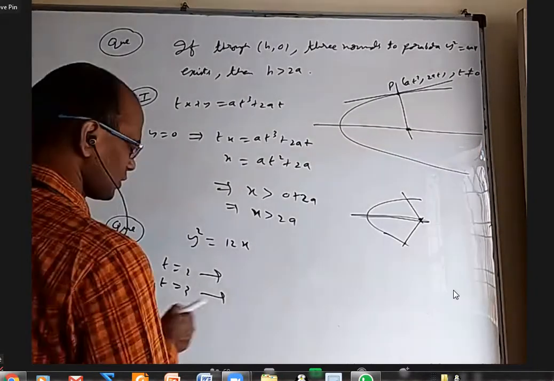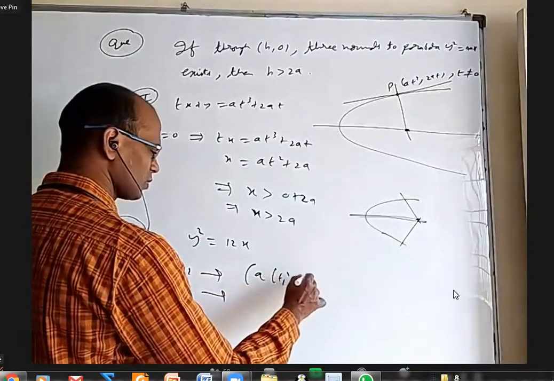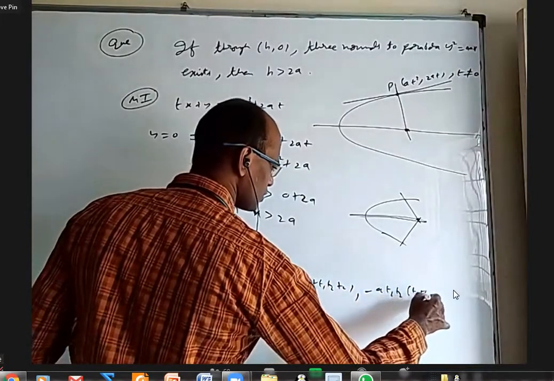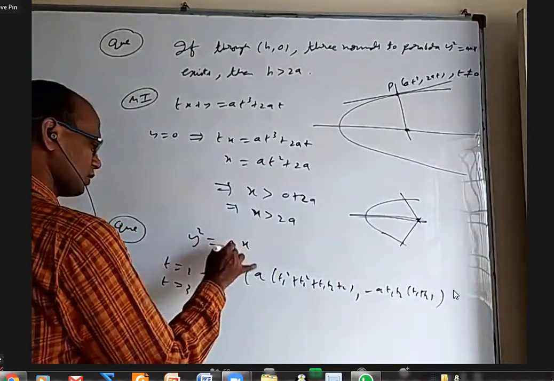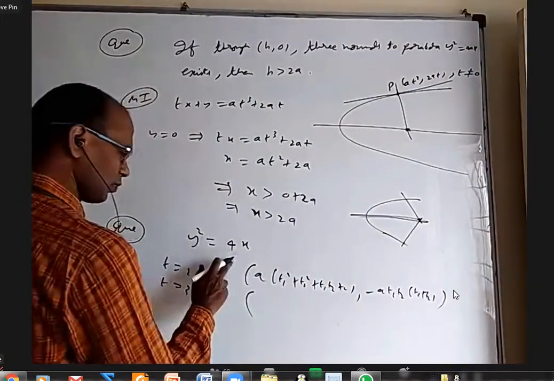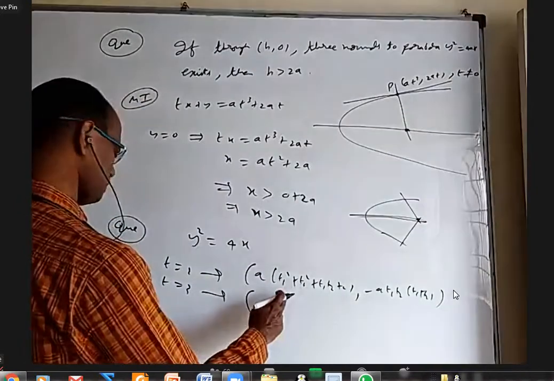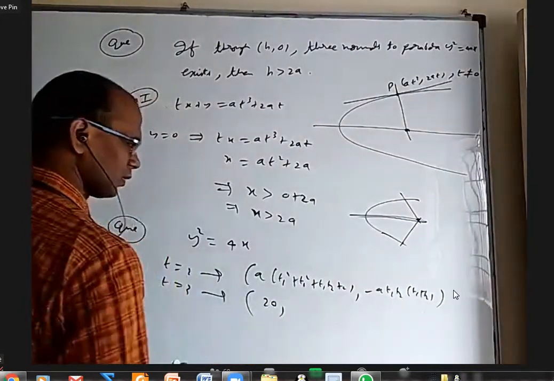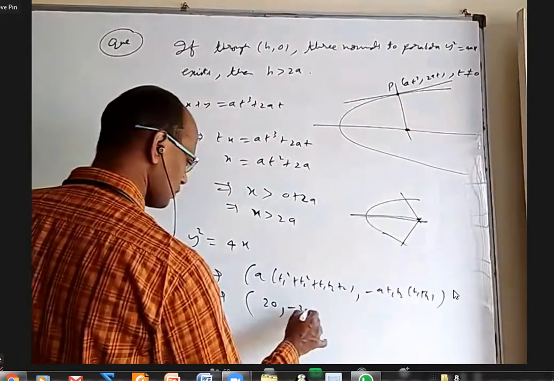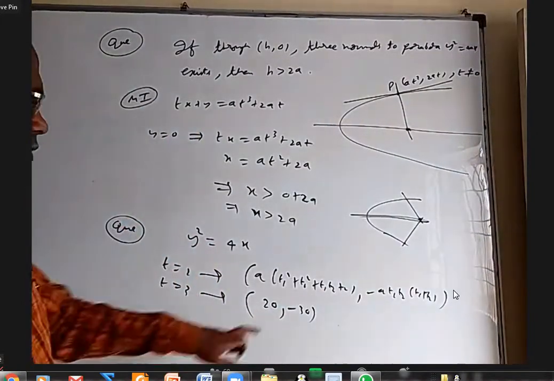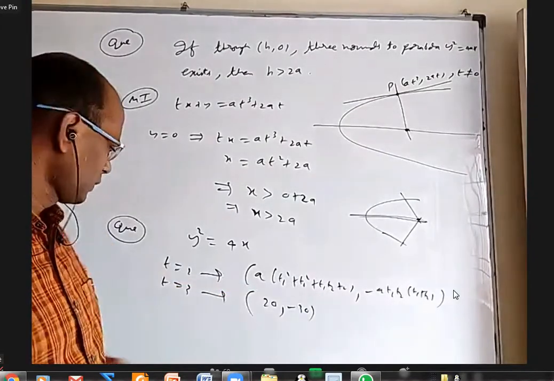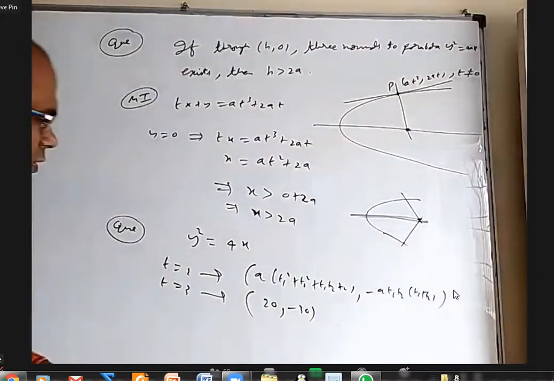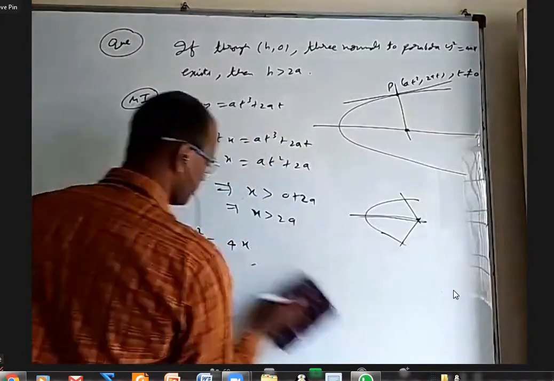Maybe I have this formula, I'll use it. What is this? A into t1 square plus t2 square plus t1 t2, plus 2 minus a, t1 t2 into t1 plus t2. Maybe I'll take 4x just to make smaller numbers. A equal to 1 only I'm taking. What is this? 13 plus 6, 18 plus 2, 20. This is 5, 10 minus 30. Correct? Plus 4, 13 plus 18 plus 20 and 36. Yeah. All right. Okay, write this question.